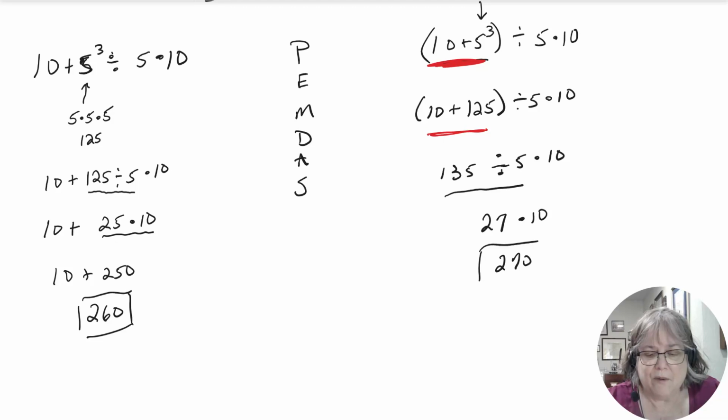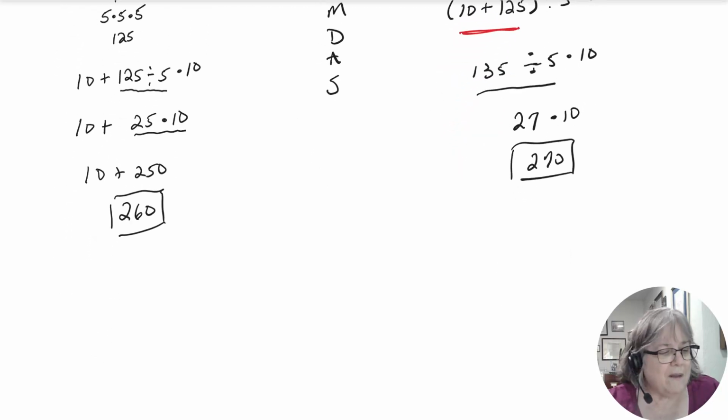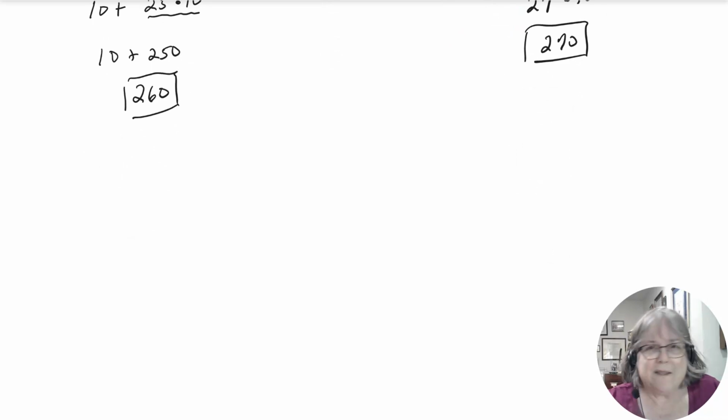I have no additions or subtractions, so I'm done. And you can see how you don't get the same number if you take a different path. Sometimes that happens. Now, sometimes you get the same number, but I'll show you an example of that. All right. So when teachers design these quizzes, we have to decide